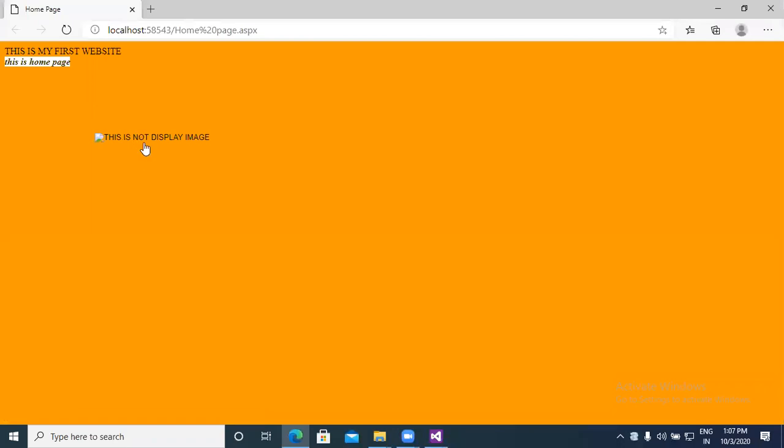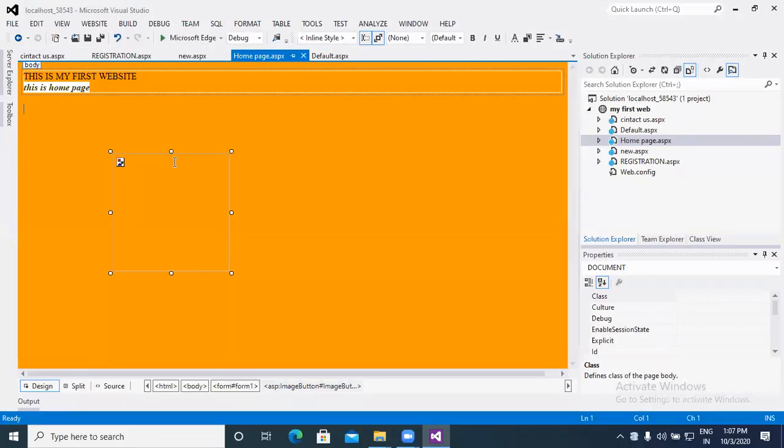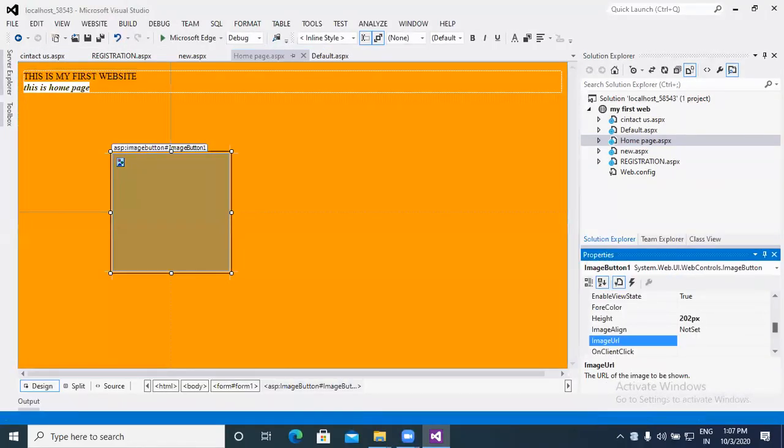So if the image cannot be displayed right now, the text which we write in alternate text should be displayed.